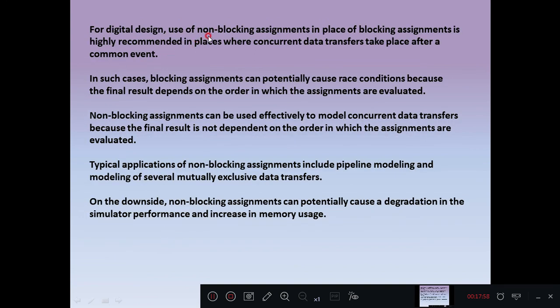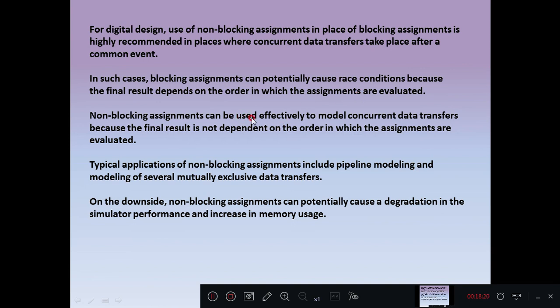For digital design, use of non-blocking assignments in place of blocking assignments is highly recommended in places where concurrent data transfer takes place after a common event. In such cases, blocking assignments can potentially cause race conditions because the final result depends on the order in which assignments are evaluated.